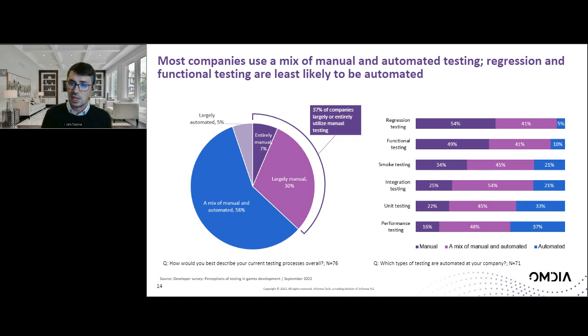So for instance, regression testing is very much more likely to be manual, with a majority saying that they're doing that entirely manually, and only quite a small percentage, 5%, saying that it is an automated function. Whereas if we look down at the bottom of the chart at performance testing, it's very much flipped around, more likely to be automated than entirely manual. So again, we see how it's very much dependent on exactly what we're talking about when we're talking about testing, and that has different implications for everything from hiring to outsourcing to automation.